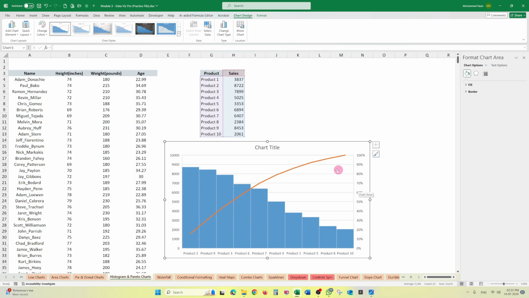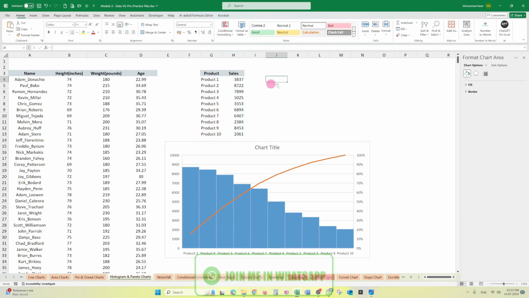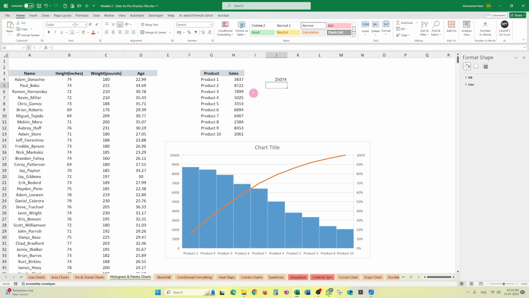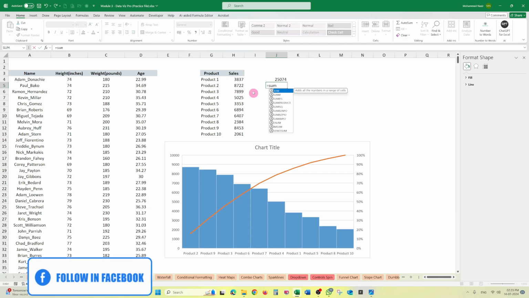So if we see from the graph, here one Pareto line is showing that 50% of our sales are coming from product 2, product 9 and product 3. So we can check that manually also. Let's go. What is the sum of product 2, product 9 and product 3? That is 25,000, and sum of total is